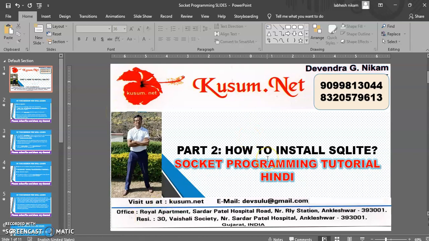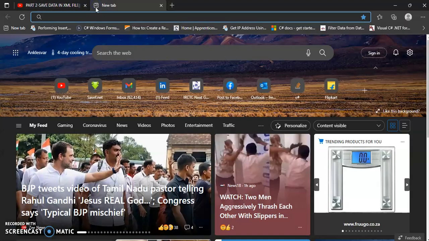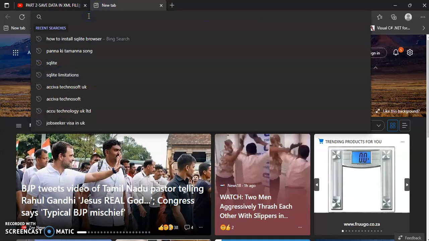To install SQLite you need the SQLite browser. Using that browser you can easily create the tables, databases and all the things. You can set the properties and set the variables. So to download SQLite you need